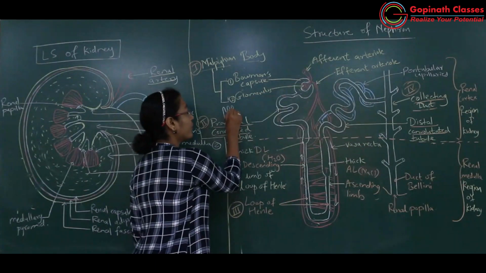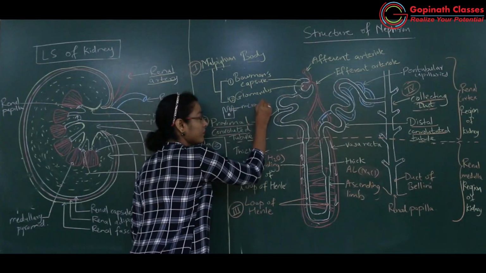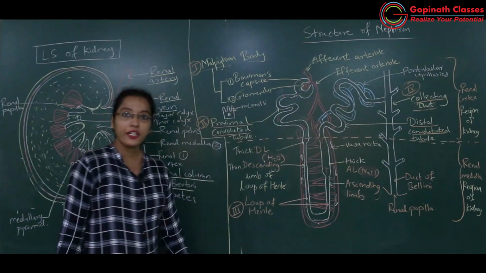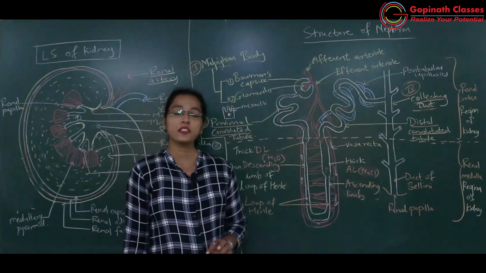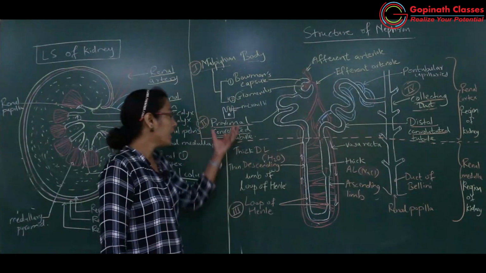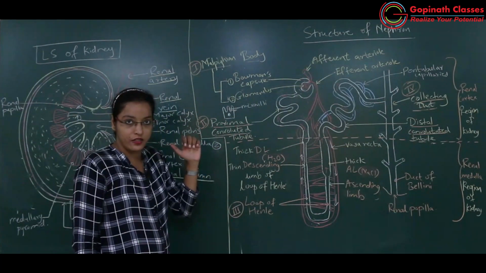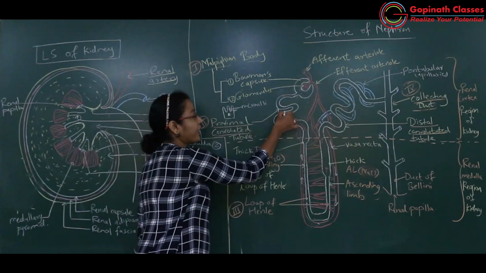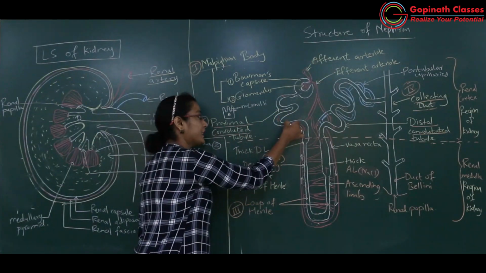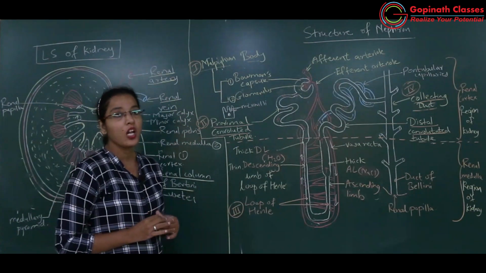So these microvilli will help in absorption of nutrients. Nutrients, then sodium ions, potassium ions, calcium ions will be absorbed by these cuboidal microvilli cells. So brush bordered cuboidal epithelium will be seen in the inner lining of the proximal convoluted tubule, which will help